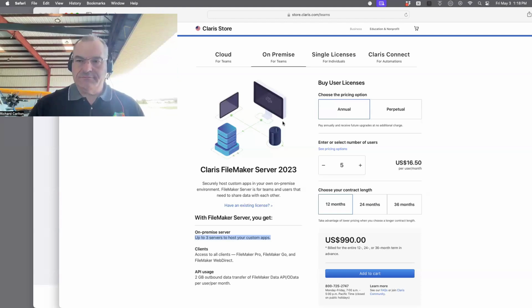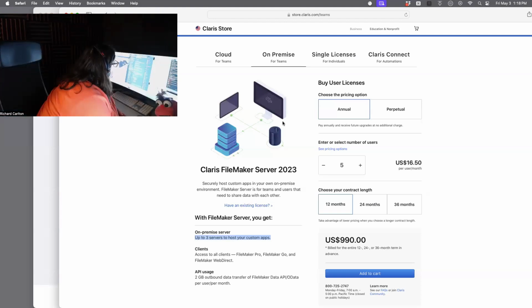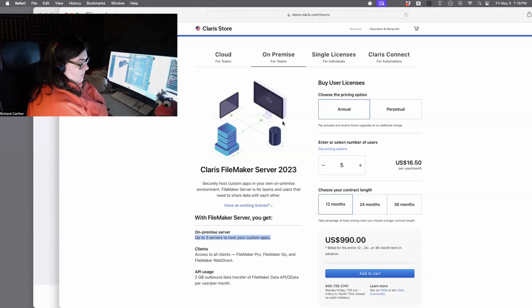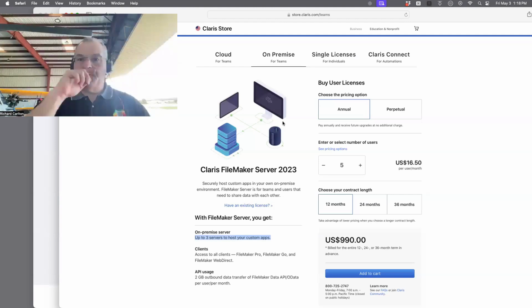To be clear on the multiple servers, I have a 5-pack. I could install 2 servers, like 1 for production and 1 for testing, as long as... Technically, it says 3 here. It has 3 here. Yeah. On this list, but yes, that is absolutely all true.